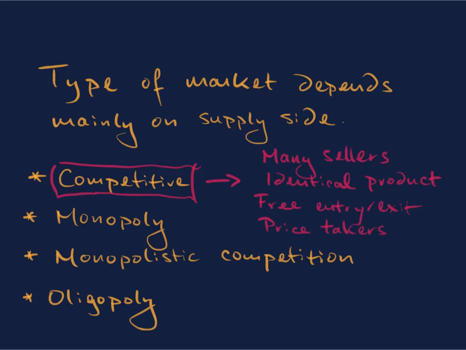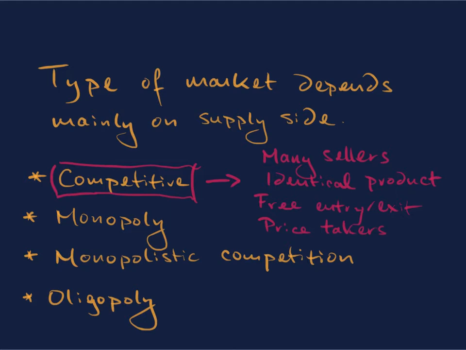So I think of the market for gasoline. I can drive down a street in town and see one gas station after another. All of them are selling essentially the same product. Or the market for milk, or the market for corn. You could drive down a country road around here and see one corn farm after another, after another, after another. So again, this fits the general pattern of many sellers of an identical product.